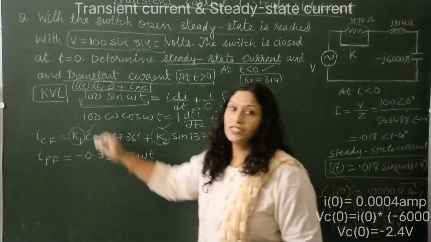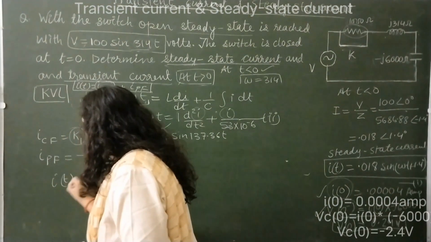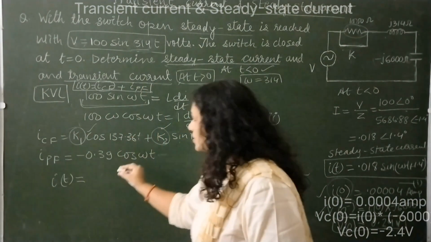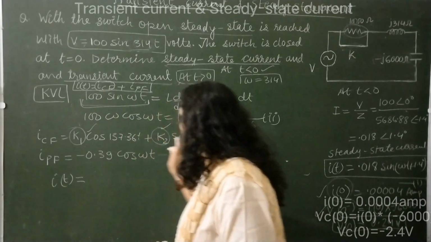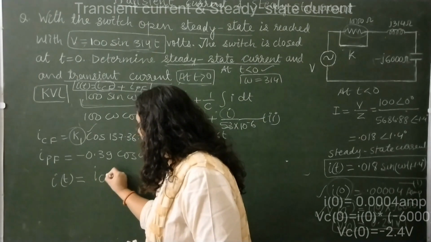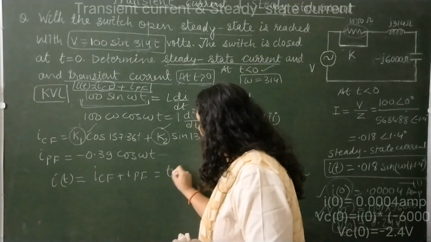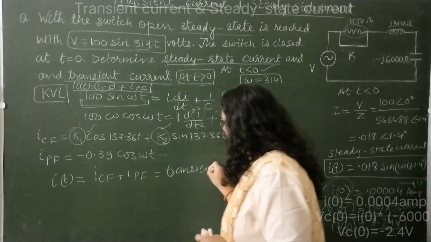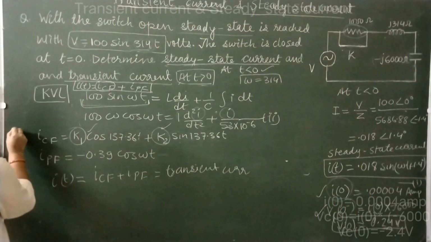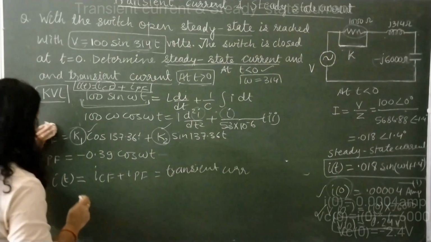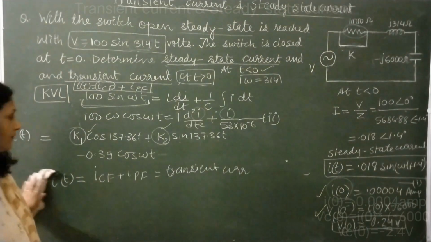K1 और K2 कांस्टेंट्स फाइंड आउट करेंगे। सबसे पहले हम क्या लिख लें, हमारा जो कंप्लीट सॉल्यूशन है ये ट्रांजिएंट इक्वेशन का, दैट इज नथिंग बट ICF प्लस IPF, ठीक। तो इन दोनों के समेशन को ही ICF प्लस IPF को ही IT और ट्रांजिएंट करंट कहते हैं, ठीक। यही हमारा ट्रांजिएंट करंट है। तो हमारा ट्रांजिएंट करंट जो है IT वो इन दोनों का समेशन है, ठीक। IT इज इक्वल टू दिस प्लस दिस, ओके।